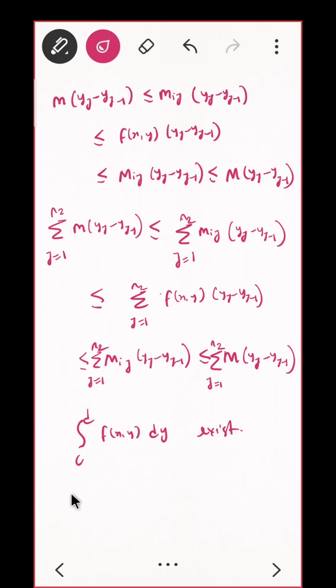Can I say that m into d minus c is less than, I think we have proved this theorem, less than summation of j equal to 1 to t mij yj minus 1, that is less than,